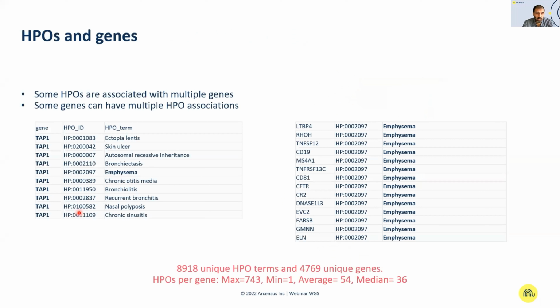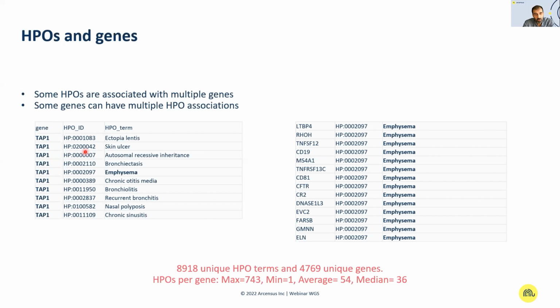And just to give you an example, some HPO terms, some of those human phenotype ontology terms, are associated with multiple genes. Meaning that one gene, if defective, can be associated with different types of diseases and therefore different types of symptoms. And at the same time, some of the genes can also have multiple HPO associations. And this is an example of a gene. This particular gene is known, when defective,